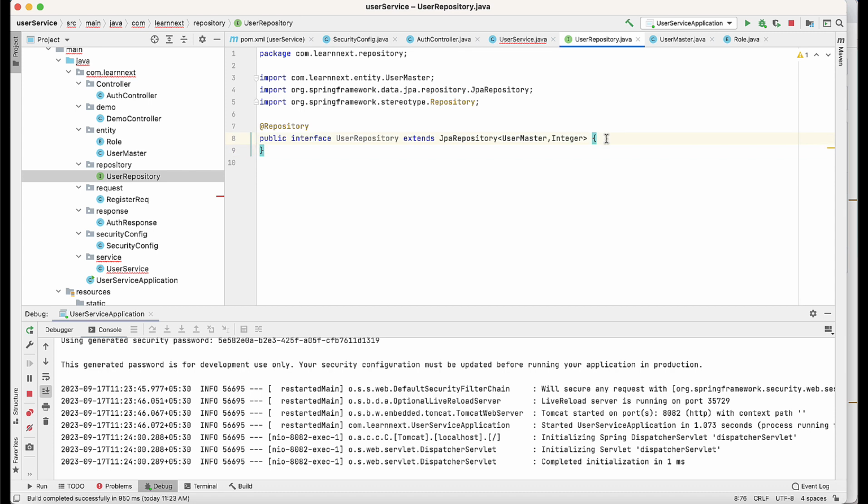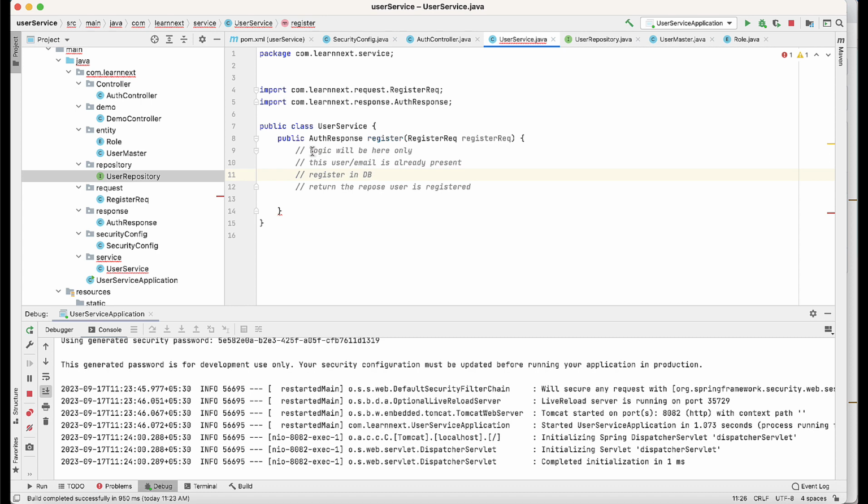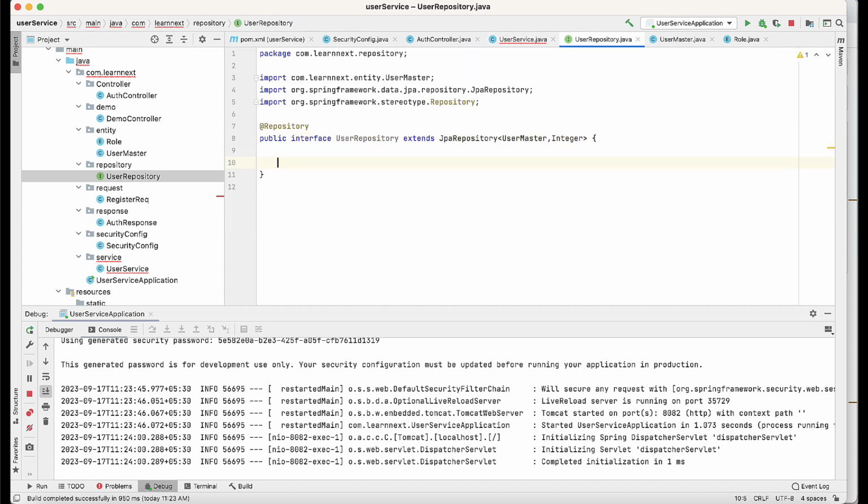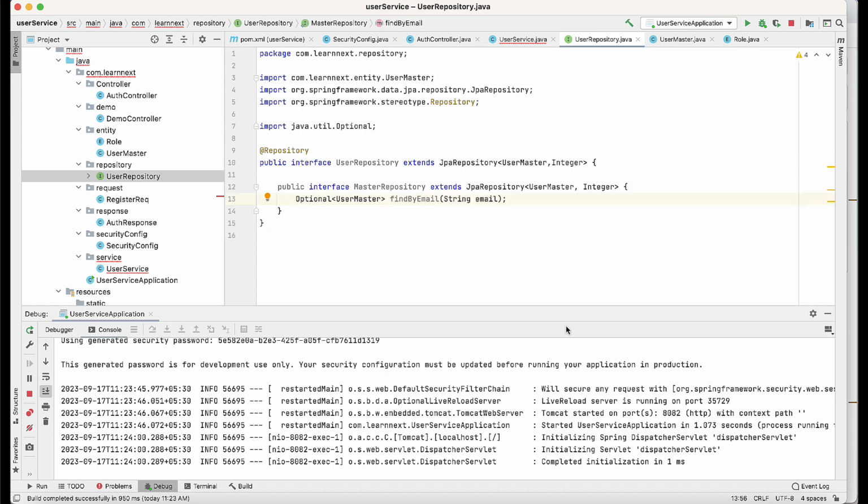Now it will have one method, because somewhere, if you see, in the user service I have written, I have to check whether this user name or email is already present. If someone is already registered with some email ID, no one else can register, right? So this is to check, I need to write one method. So I'll create one method in that. This is the method that I have created, extending the JpaRepository we told you about. So what this method will do,